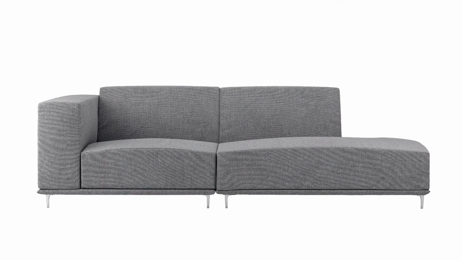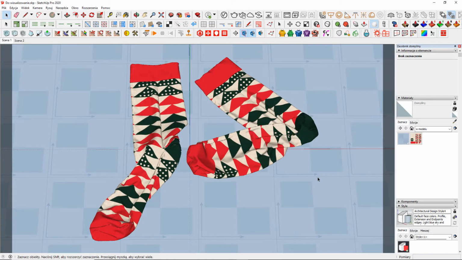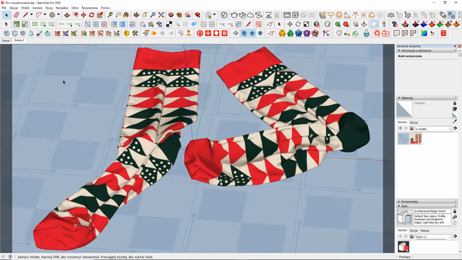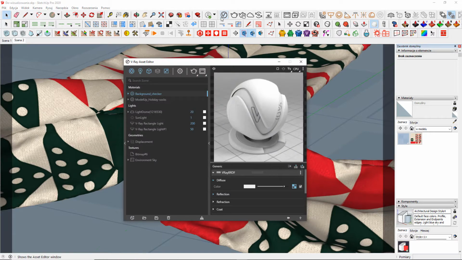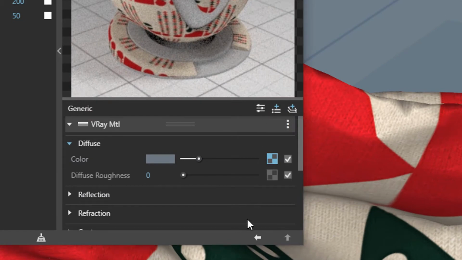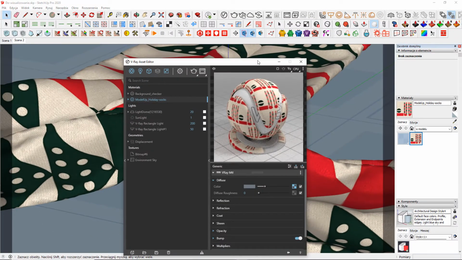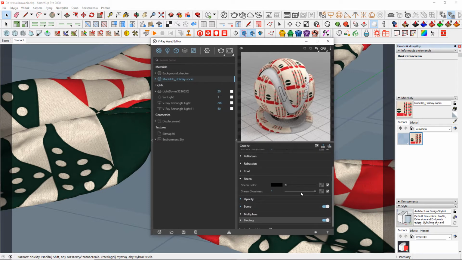If you want to add that nice, haptic, lifelike effect to your creations, you should now use the new Sheen feature added in V-Ray 5 for SketchUp. Sheen can be found in a default V-Ray material, but you have to switch to Advanced Settings first. It's right over here. Now, Sheen doesn't actually have lots of features, it's color and glossiness, pretty similar to the